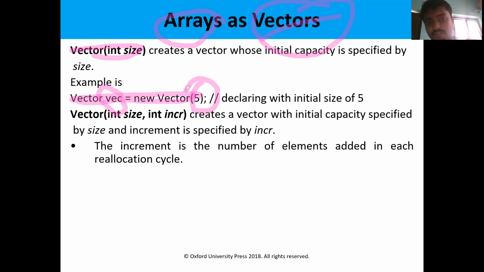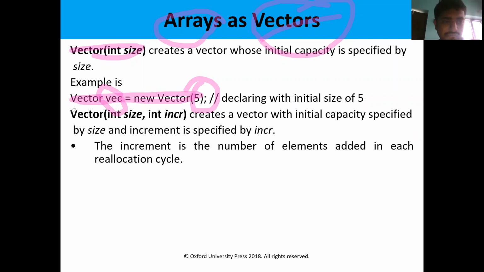Vector of size 5. So we are assigning that vector a size of 5. If the value exceeds 5, it is doubled automatically and dynamically. When we enter the 6th element, the memory is doubled. That means the size 5 becomes 10. If you enter the 11th element, the 10 is doubled, that means 10 will become 20. Likewise, the size is dynamically adjusted according to the situation.